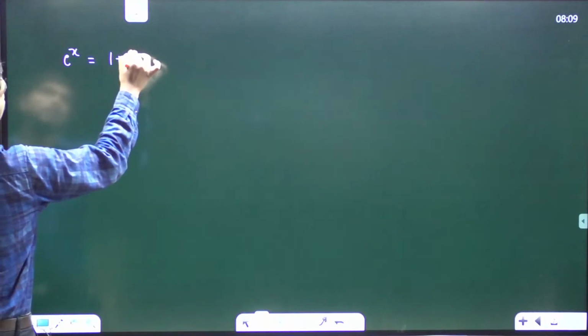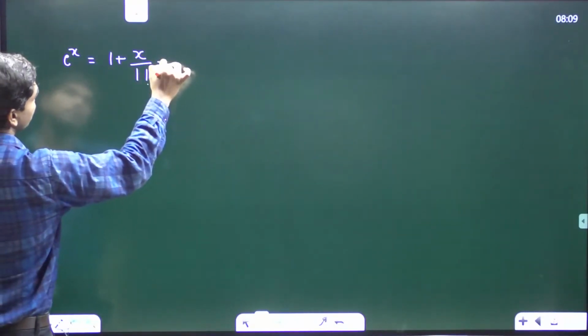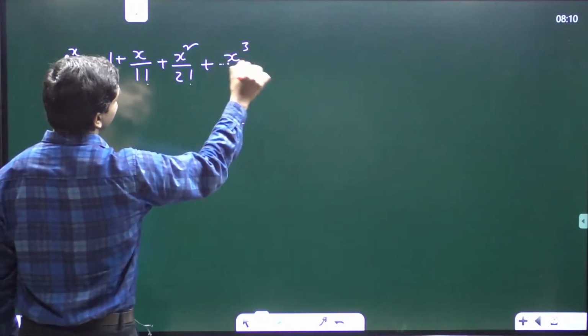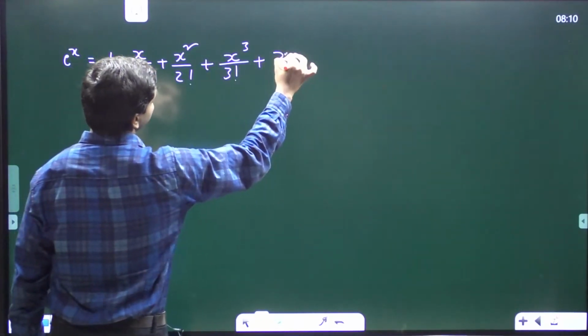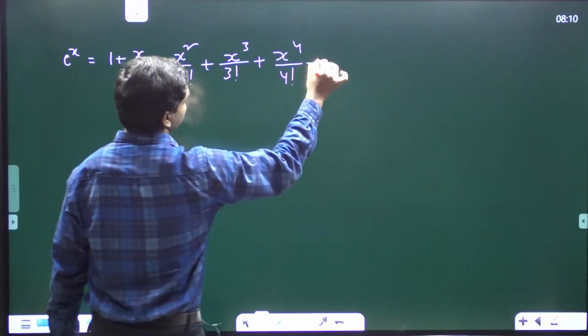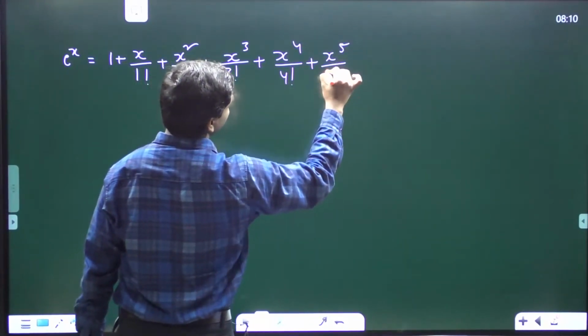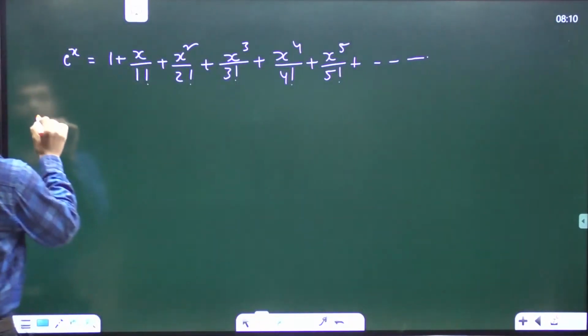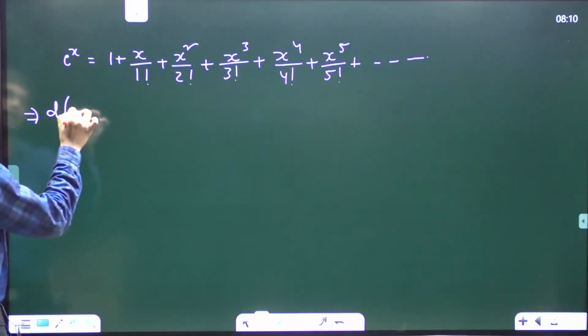Why is the derivative of e power x equal to e power x? See here. If you see, the expansion of e power x is 1 plus x by 1 factorial plus x square by 2 factorial plus x cube by 3 factorial plus x power 4 by 4 factorial plus x power 5 divided by 5 factorial plus and so on. Correct? Sandeep, now see here. If you differentiate this with respect to x, d by dx